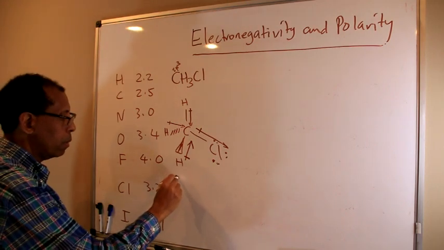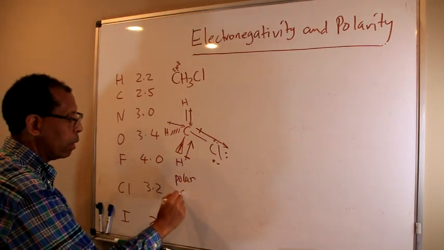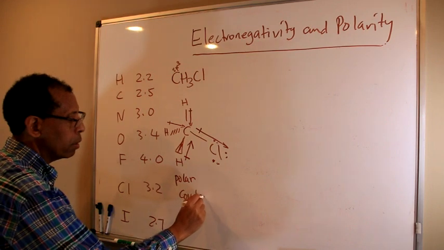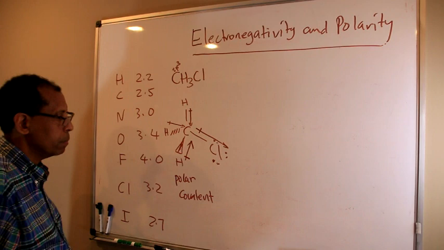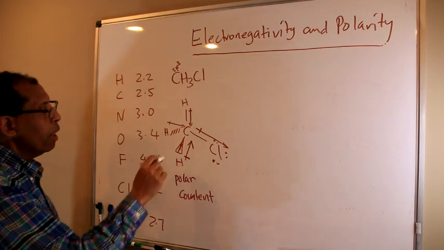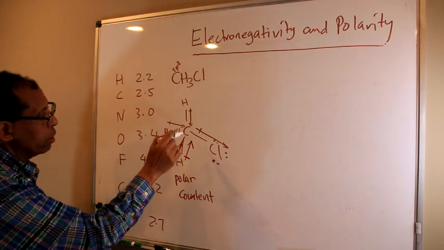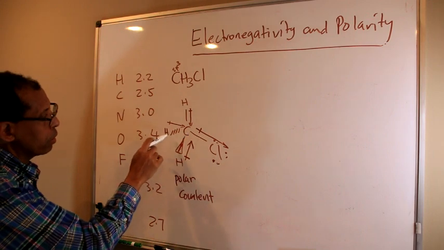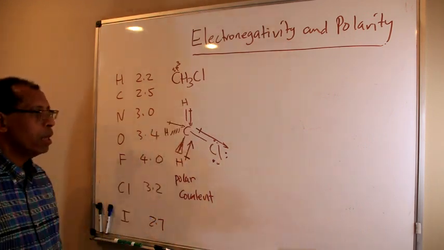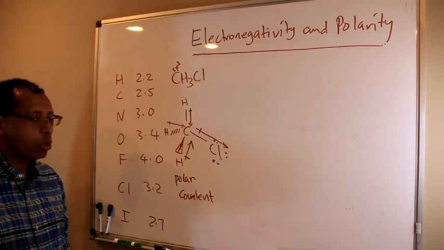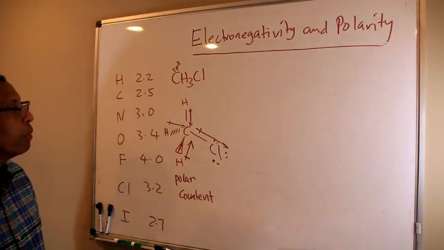It's polar, and the bond is called polar covalent, the carbon-chlorine bond, because there is no cancellation of the dipole moment. For example, this one is pointing that way, so you have to add them in a vector form or in a geometric form. But if you take